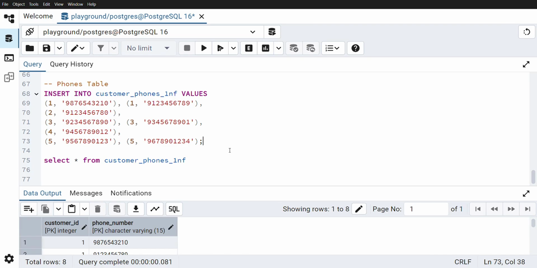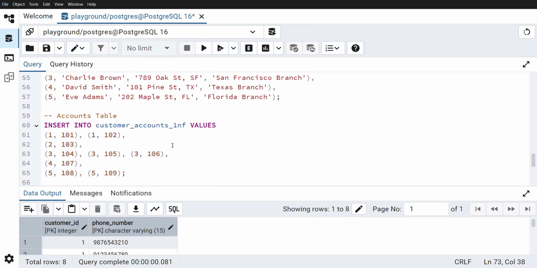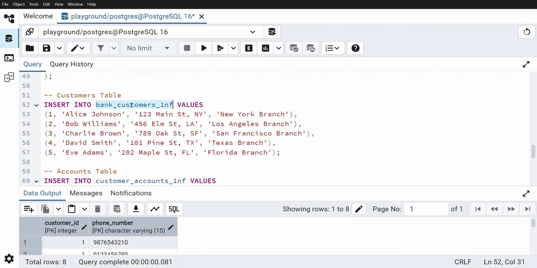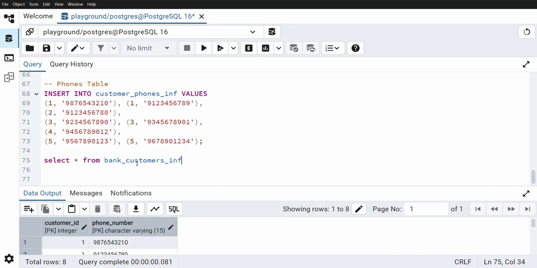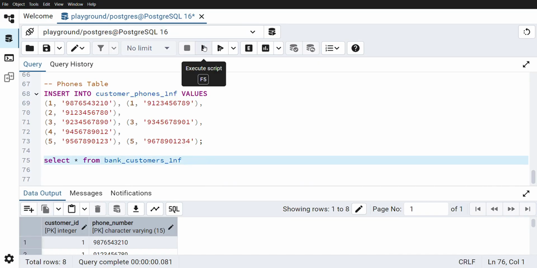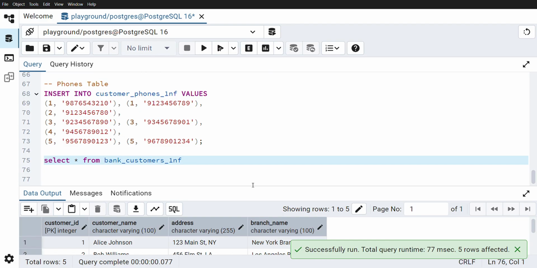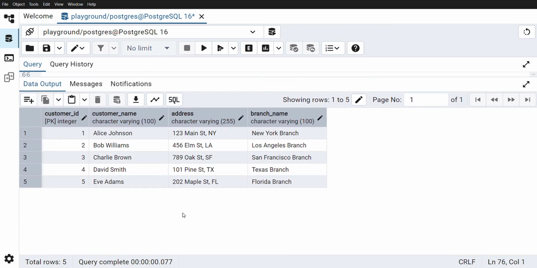Now let's see if there are any partial dependencies. Let's see if the customer ID and branch name have anything interesting with them. So bank customers, and see. Let's see if we can find any transitive dependency. Okay, for the customer name, if this is the name of my customer, then they will belong to this New York City, right? And in the same way,